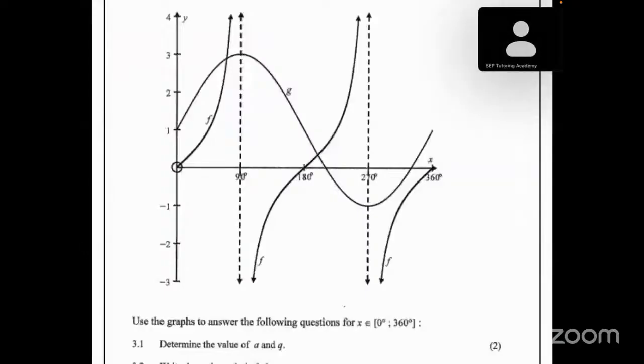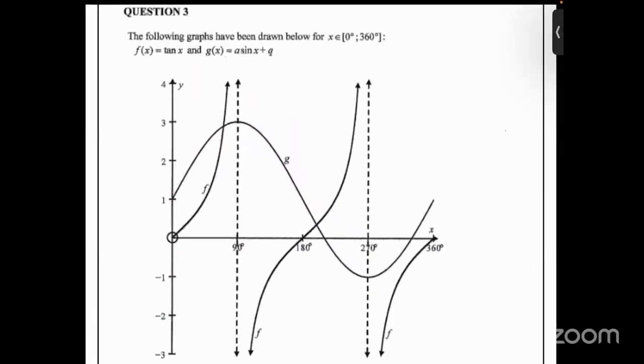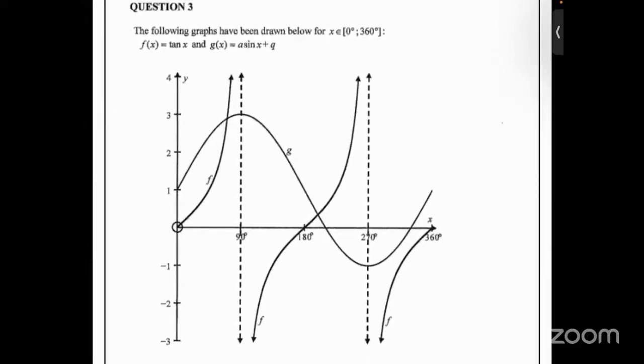Okay. So now I am going to be taking you through this past exam paper where we will look at question number 3. I'm pretty sure that you are interested in seeing how we do this type of question, which involves the tan functions where asymptotes are involved. Okay, so we will definitely not waste much of our precious time, and we'll get started with